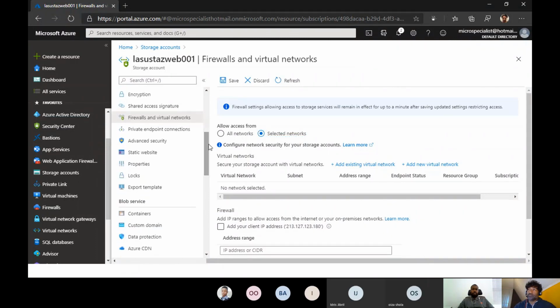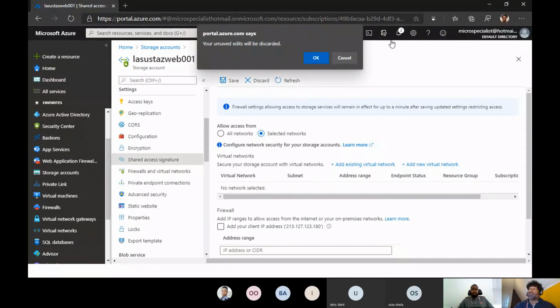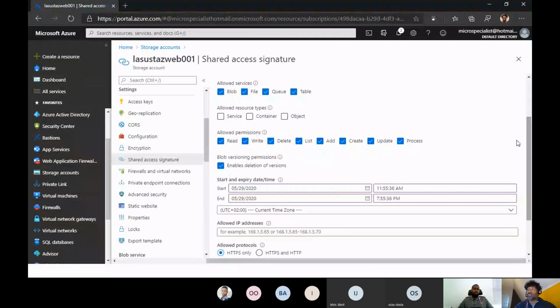Okay. Now, encryption keys, storage accounts, and the connection strings, I can further define what's being saved on the storage account by setting up a shared access signature, where I can specify certain restricted access rights on the storage account. For example, I only want to allow blob services from the storage account. I can deselect file, queue, and table. And the same way I can specify a specific permission set,